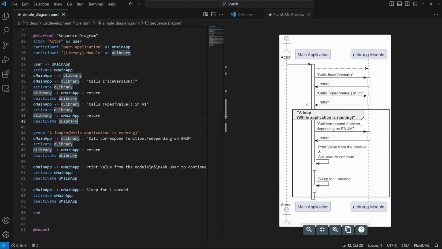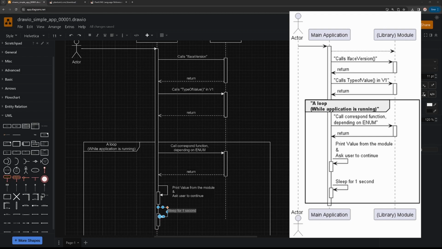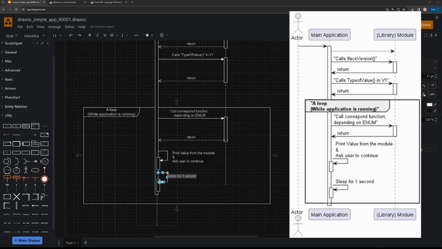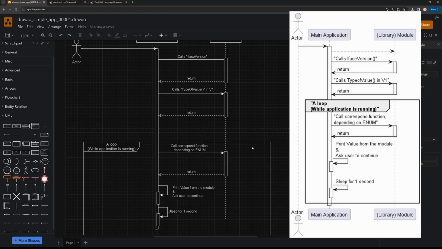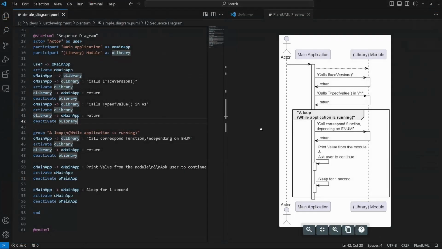Let's compare it with draw.io. So we have actor, main application, module 1. Well, the name is different, I apologize for that. But call iFace version, return, calls, return, and then inside the loop we have call a corresponding function, print value, sleep 1 second. As you can see, with a small difference in the design, probably with spending some time on it, it is possible to change the design here to look similar to the